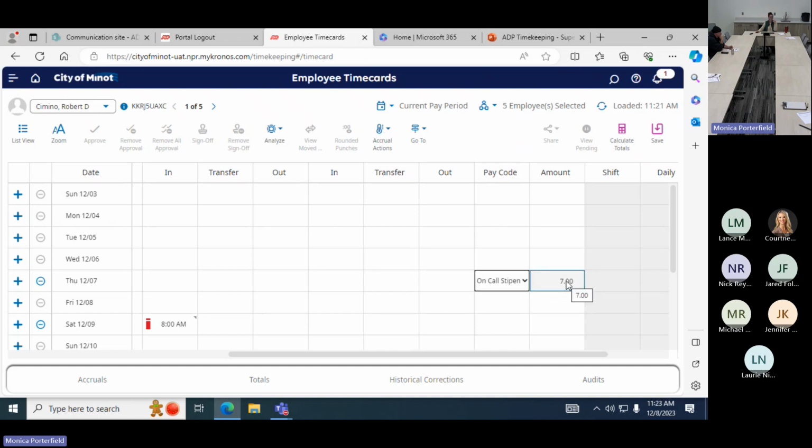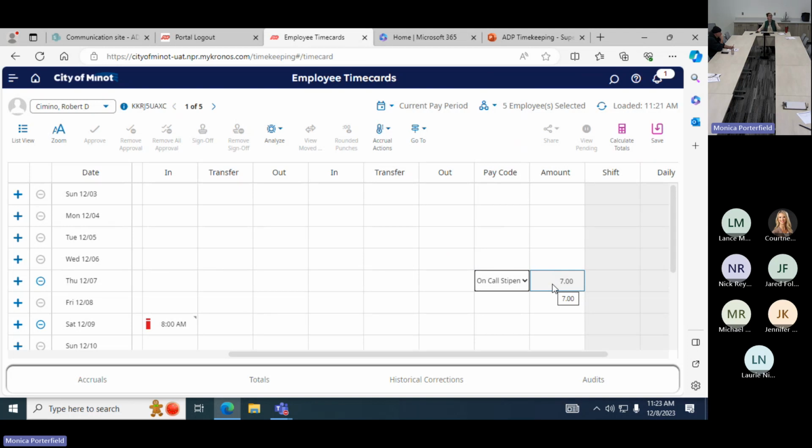So that's how it works. Also, there are some departments that in the past would be on call and end on Thursday, and that just meant they got the next Friday off. They just wouldn't work the next day. You can still do that, but you're going to have to submit a request for that Friday off, using 8 hours